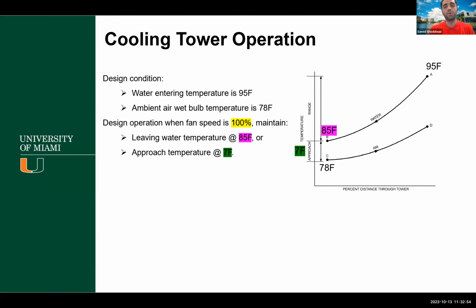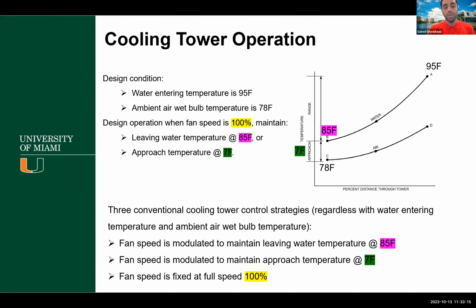For sure, we don't have this temperature every single time, and this will affect our system. But in a design condition, we are designing based on these criteria: water entering temperature at 95, ambient air wet bulb temperature at 78, and the fan speed at 100% to maintain the leaving water temperature at 85 and the approach temperature at 7, right? And based on this design condition,